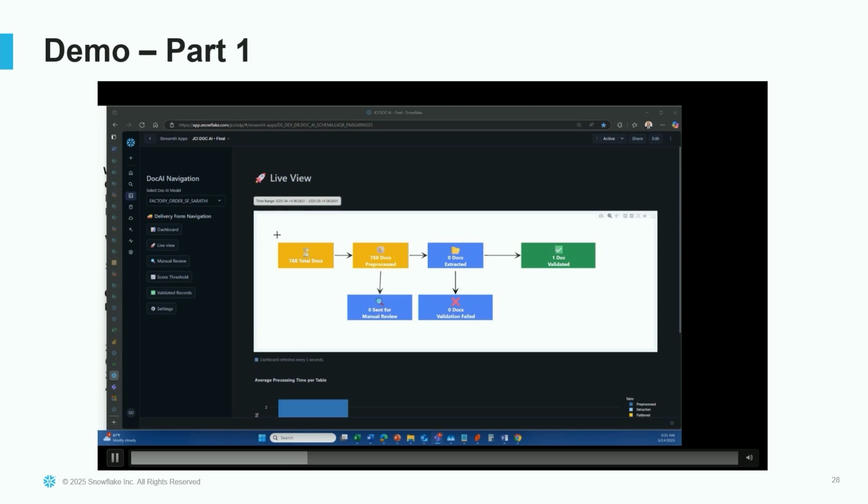Now, the first step after ingestion will be pre-processing. So we'll be doing a check on their formatting, to highlight any issues that we can see initially in that first look at all the documents coming in. Anything that looks like it will have an issue, we'll send to a manual review bucket where our users can check. Anything that passes pre-processing will then get queued up for the extraction stage, and then we'll start to extract